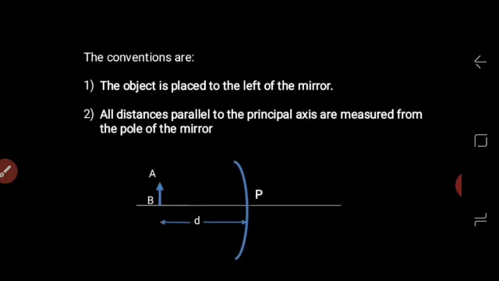We have placed the object AB at a certain distance from the mirror. When we have to measure the distance between the mirror and the object, we shall refer to the point P, that is the pole of the mirror. As the mirror is curved, we will not take the distance from any point, but we draw the principal axis and we take the linear distance on the principal axis from the pole of the mirror. It is denoted as D in the diagram shown below.